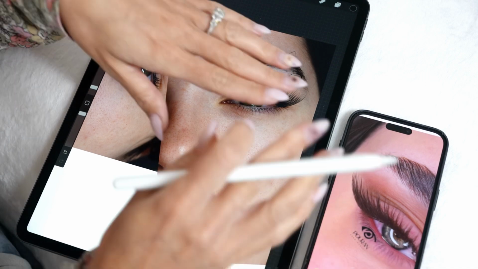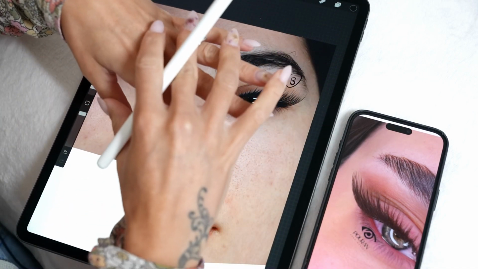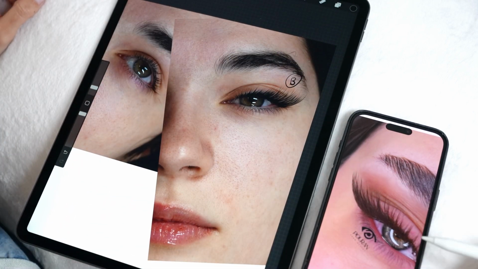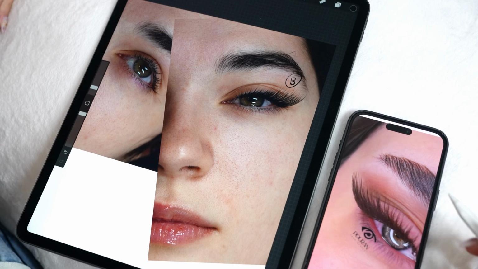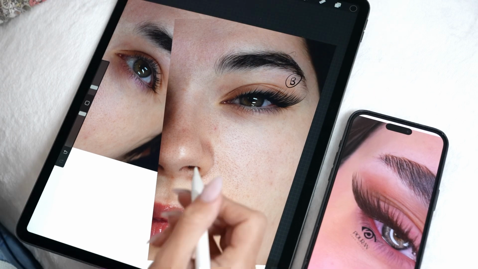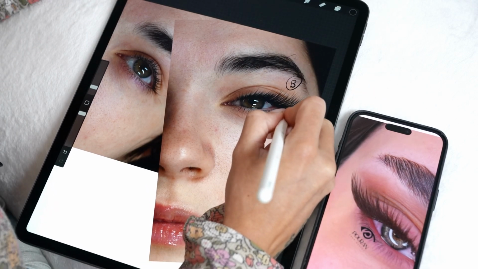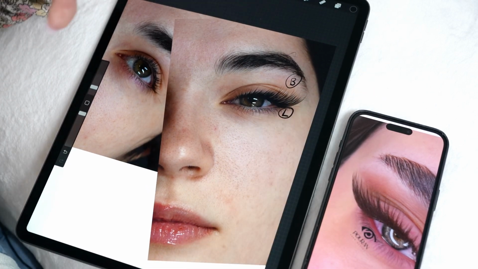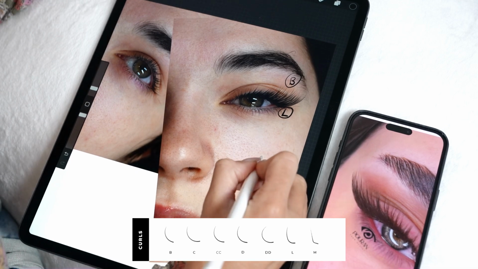If I'm to use a B curl, we're going to get a little bit too much softness. We want softness across the tips, but we also want darkness across the base. So what I'm going to do is use B curl on the top and middle layer, and then my bottom layer is going to be our L curl. Guys, our L curl looks more like this,